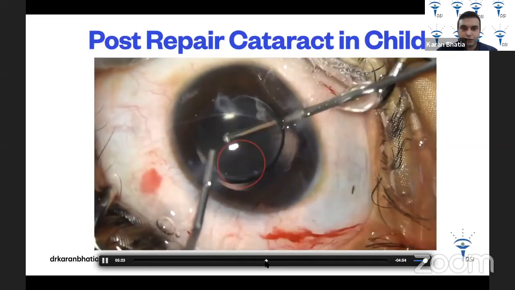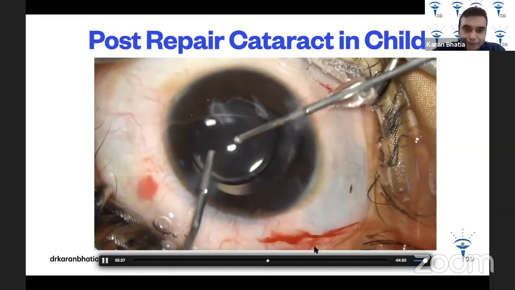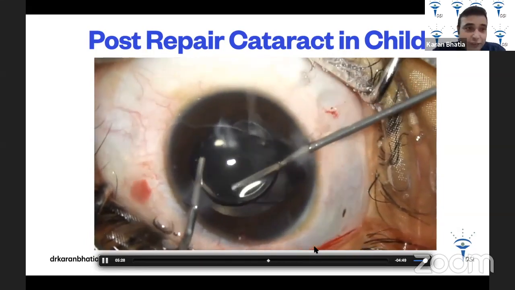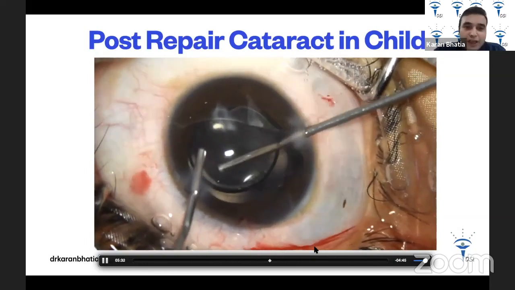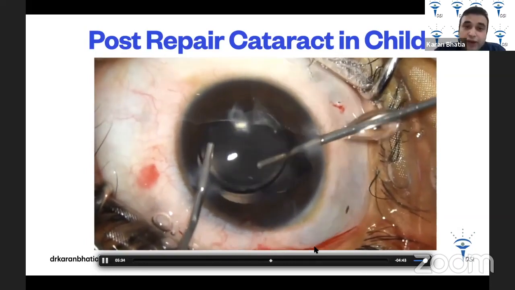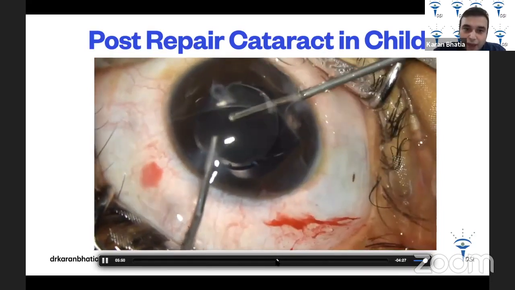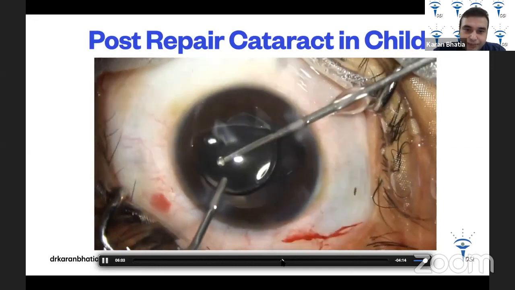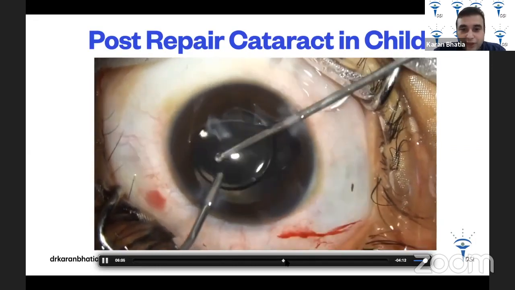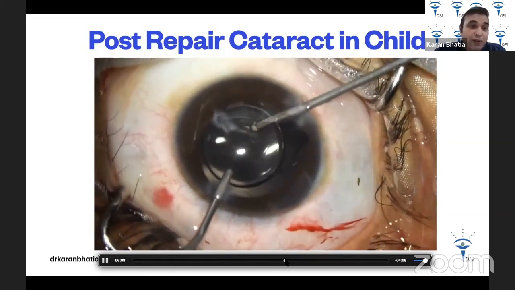Yeah. So you can see over here, this is the PPC that I'm trying to show you. This is a very small PPC. You have to enlarge it because you have to have an area that will allow also for retinal evaluation. So when this is done, then I'm increasing my size of PPC, and this is a very long process, this vitrectomy that I'm doing. Sometimes vitreous does come, so you have to do minimal vitrectomy.